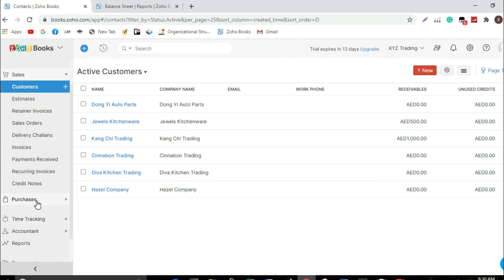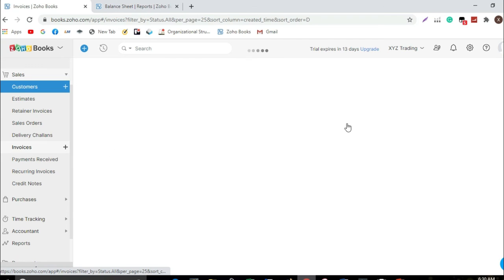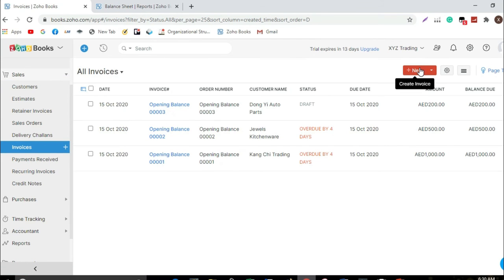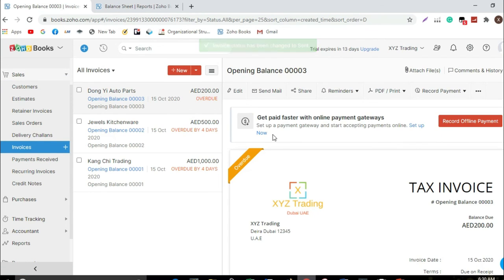So no need for us to acknowledge sales and cost again, and let's just use the temporary account opening balance adjustment.